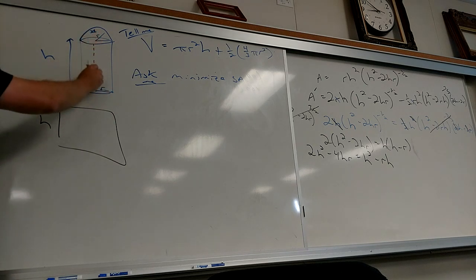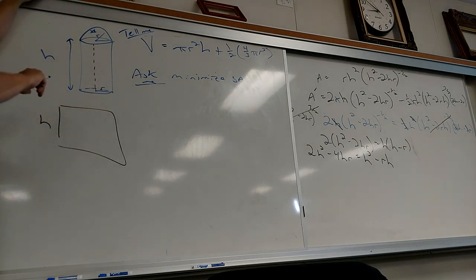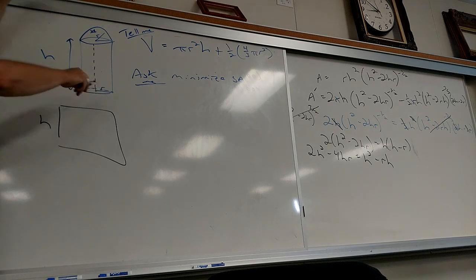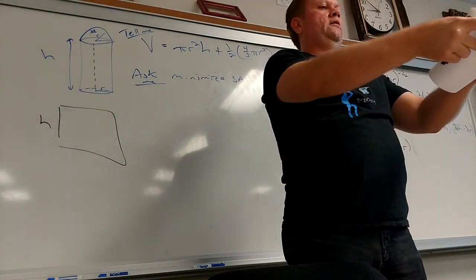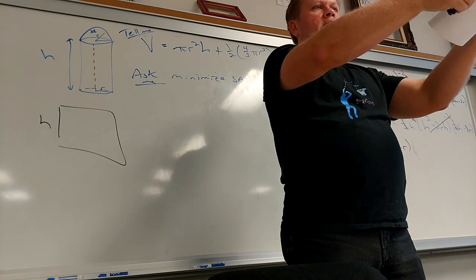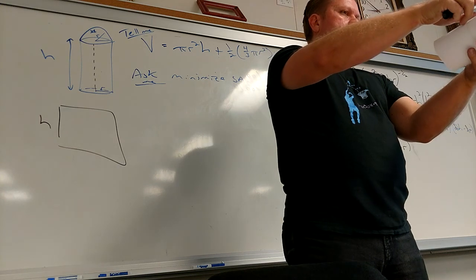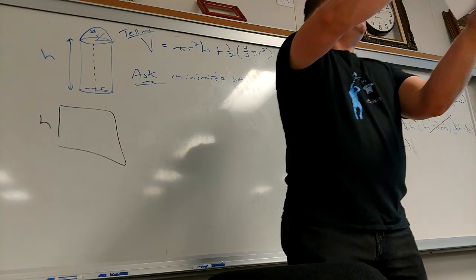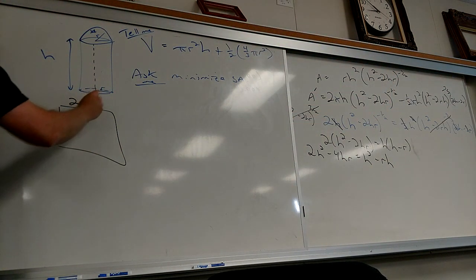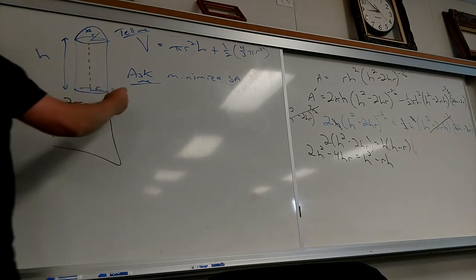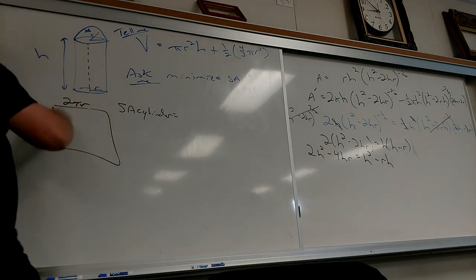So if you chop this and open it, what is this coming from? If I have a cylinder, there's the soup can label, and I chop it and open it, what is this? Circumference of the circle. Yeah. And what's the circumference of the circle? 2 pi r. So what's the surface area of the cylinder? Surface area of the cylinder is going to be 2 pi r h